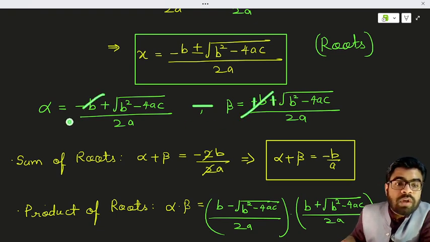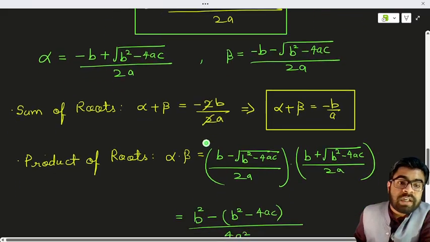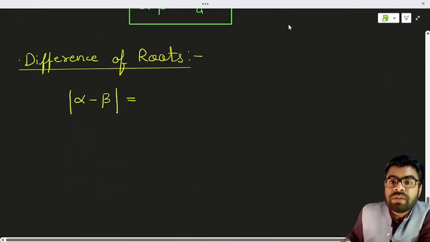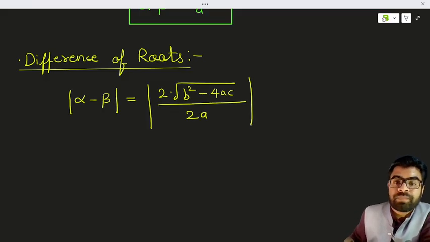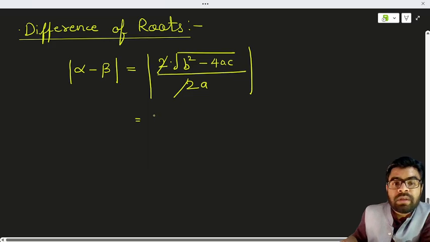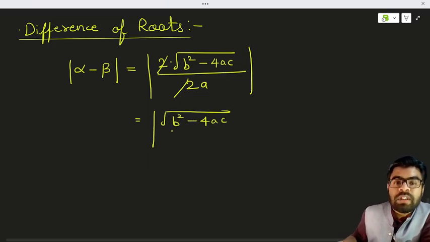So actually the first value will be cancelled out, so we are getting only the second value. So the difference will be the modulus value of 2 times square root of b square minus 4ac divided by 2a. Clear? And this 2 will be cancelled out. So from here what we are getting is mod of square root of b square minus 4ac divided by